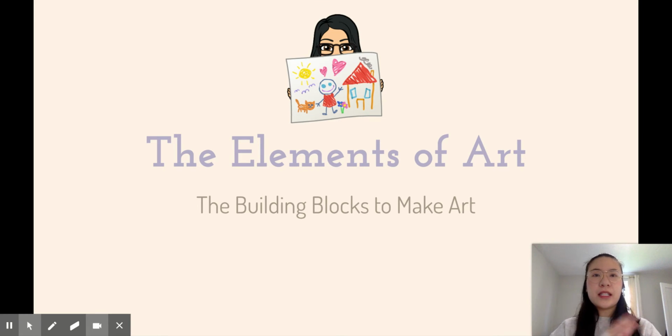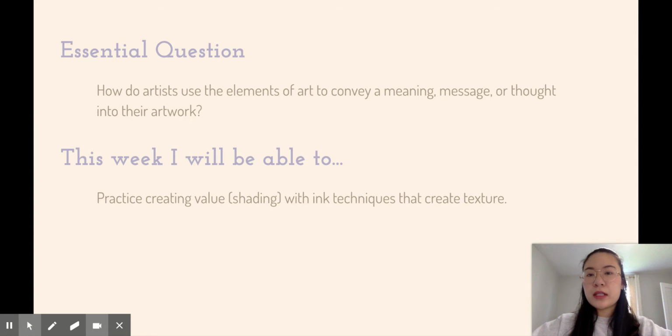So we're back to learning some new elements of art, which are the building blocks to all art making. Our central question is the same as it has been: how do artists use the elements of art to convey a meaning, message, or thought into their artwork? We've worked on lines, shapes, and colors, and this week we'll be focusing on two new elements. So after our Wednesday class, the goal for everyone is to be able to